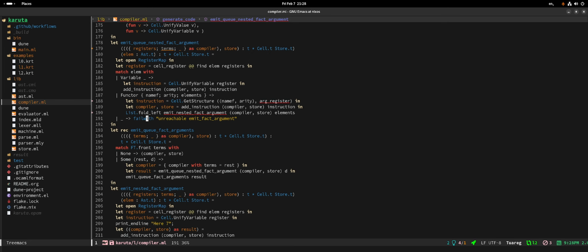If we find a functor, we need to emit a get structure, but we actually need to use the register instead of the arg register now. Then we do a fold left, and we can emit q fact argument. No, actually. Hmm. No, actually. Okay.